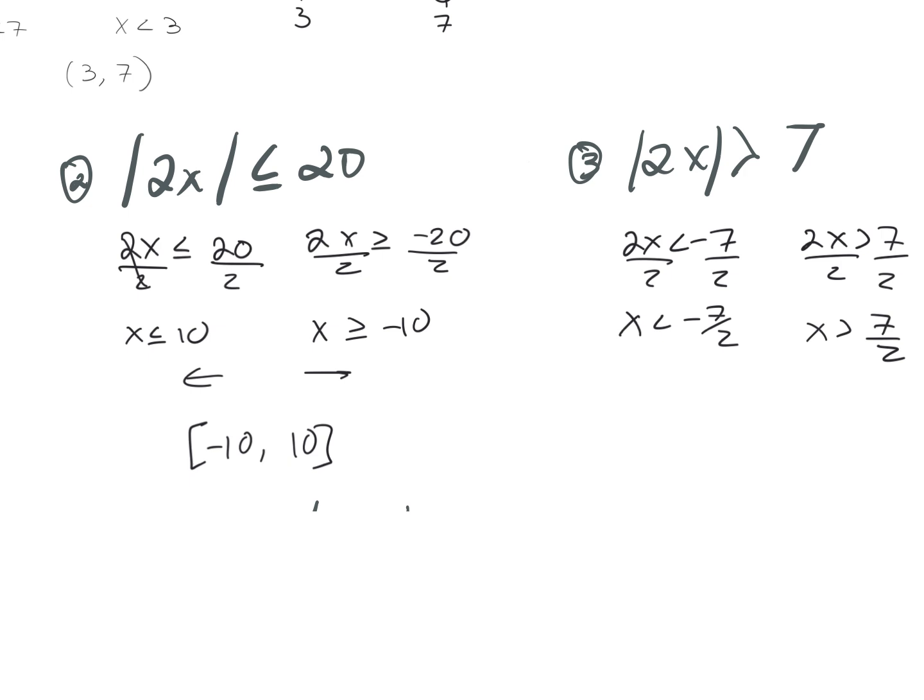So you'll be able to tell, well, this one's going out, and this is going out, so this is an OR inequality again. So you're able to just write from negative infinity to negative 7 over 2, and the union 7 over 2 to infinity. For the other ones, if I would have written them with the negative first, you would have noticed